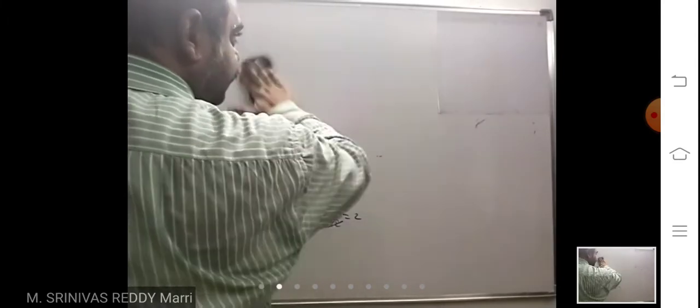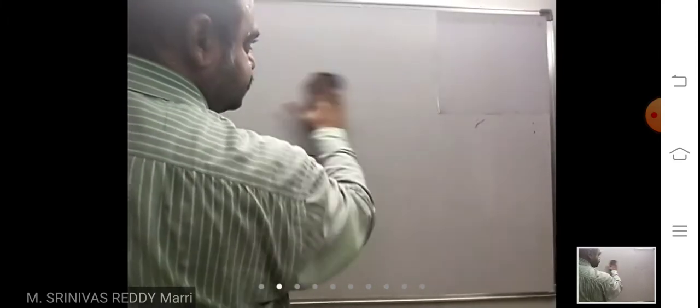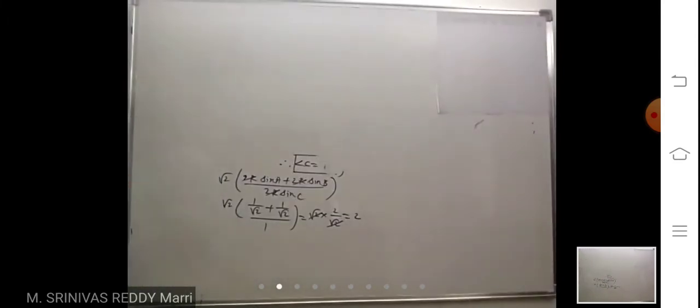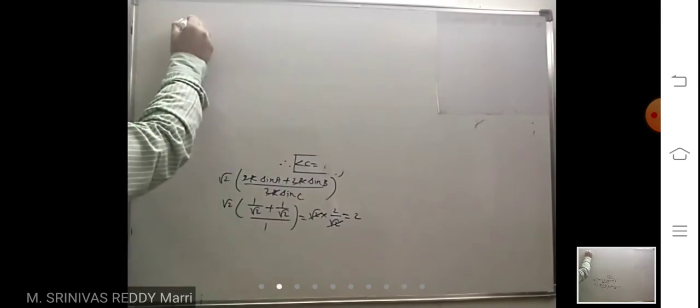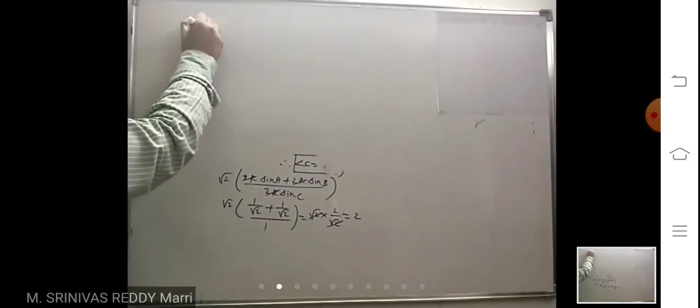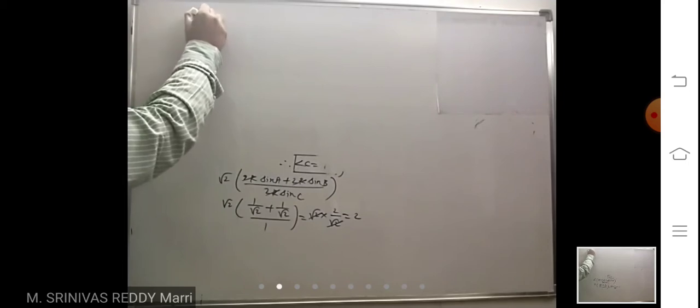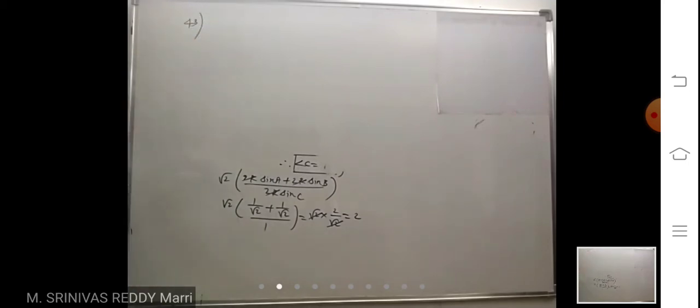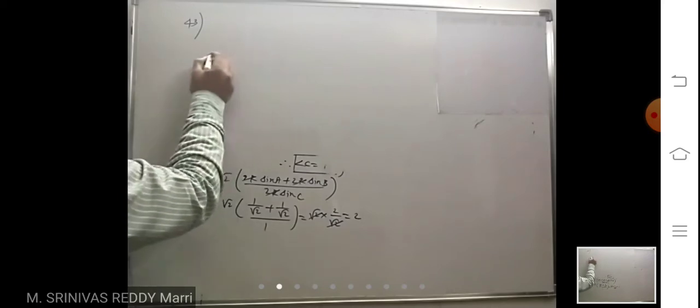All of you open the paper with you. See the question and then whatever I am solving. 43. So PQR is a triangle given. Look at, PQR is a triangle.